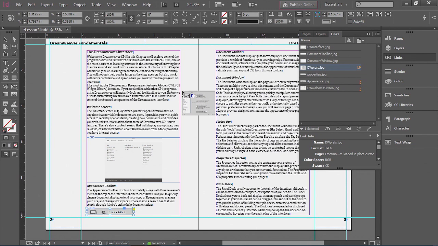When I do that, it jumps to another image. And if I look over in the Links panel, it'll tell me which image that is. In this case, that's the DW Prefs. Still not the one I want. So I'll just continue to click the down or up arrow on my keyboard to navigate through the different images. This one is the Document Toolbar, and sure enough, that's the one I want, so I want to place that